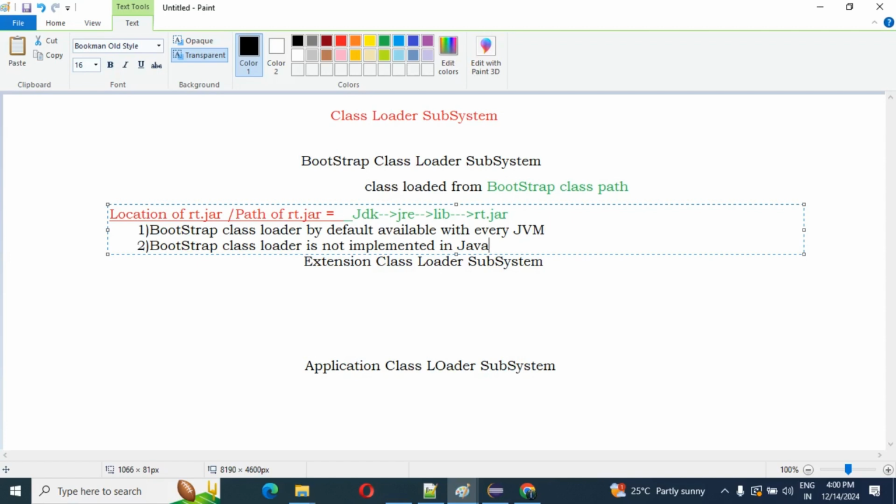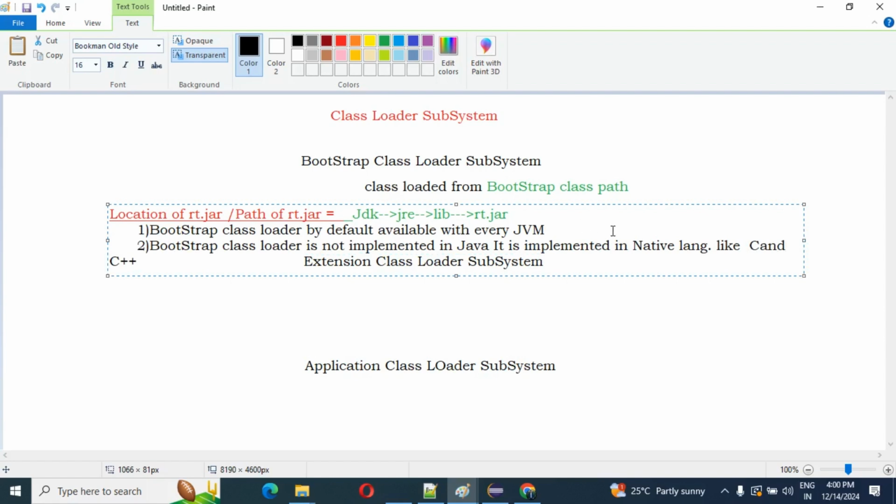It is implemented in a native language, like C and C++.